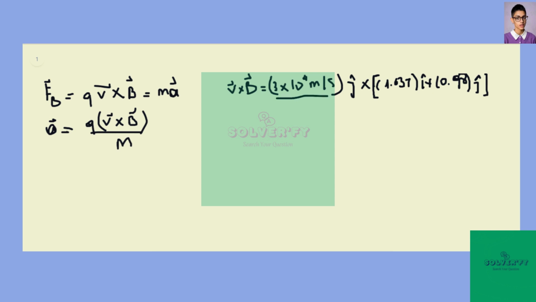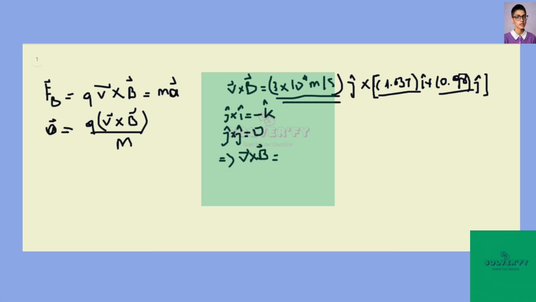Which means we're going to have two terms: this times the first term of the magnetic field, and this times the second term. As you remember, J hat cross I hat, the first term, gives you negative K hat. And for the second term, you have J hat cross J hat. As you know, J hat cross J hat is going to give you 0. So the second term is not going to have any contribution to the force, which means V cross B then